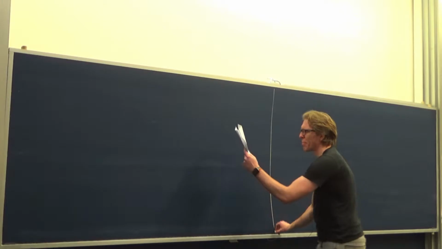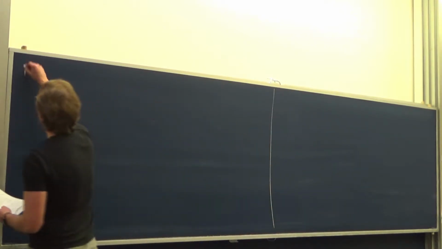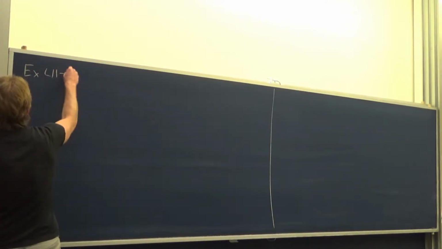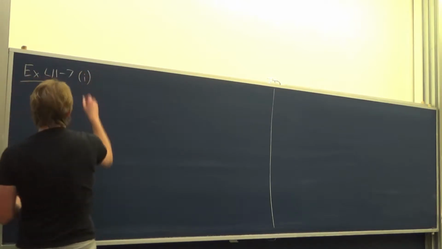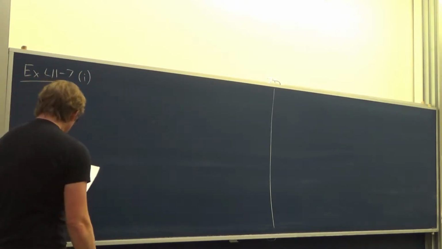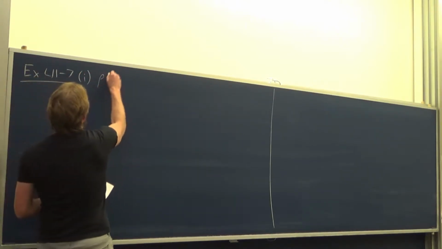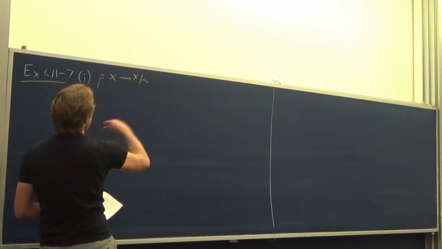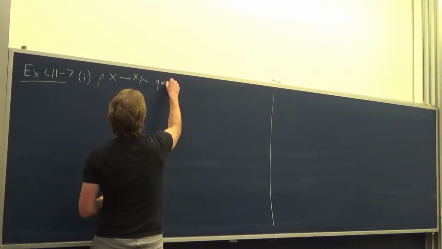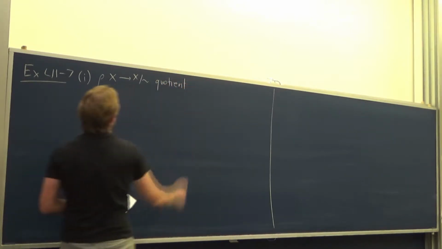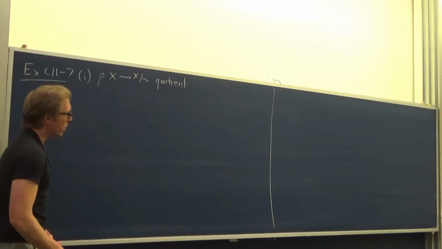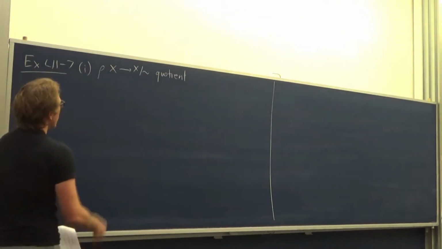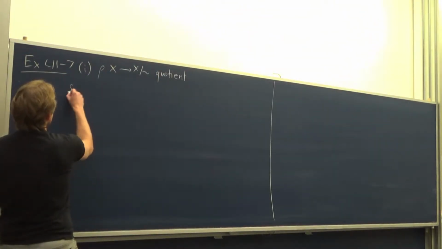Okay, so this is exercise L11.7. I'm just going to be using this throughout the lecture. Maybe I won't write the whole thing, but just the essential content. So suppose I have a quotient map, so tilde is an equivalence relation on a topological space. Then there's a bijection between